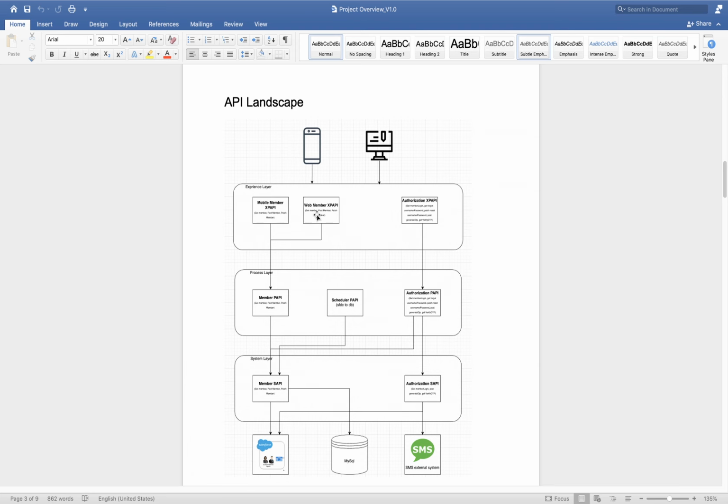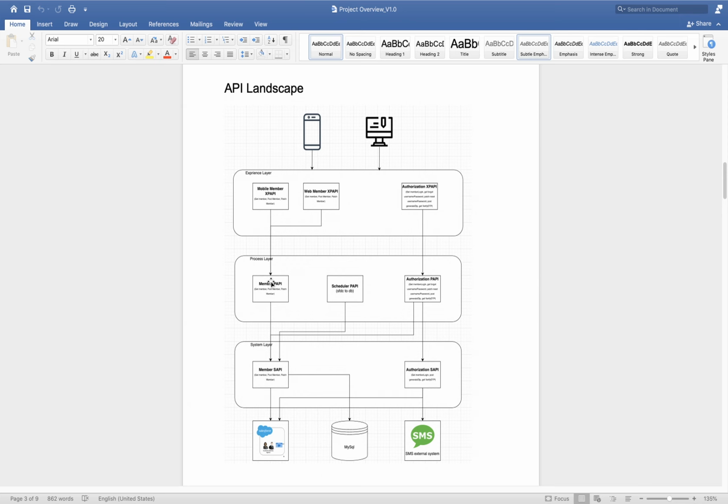So we have those kinds of APIs here. This experience API will call this process API. Here we will apply all the business logic. For example, if we are doing registration, then we have a few fields that we need to verify, like the mobile number should contain 10 digits. We can do some verification in the front end also, but there are a few verifications we need to do on our API side also, which we will do in the process layer. So generally in the process layer we apply all the business logic.